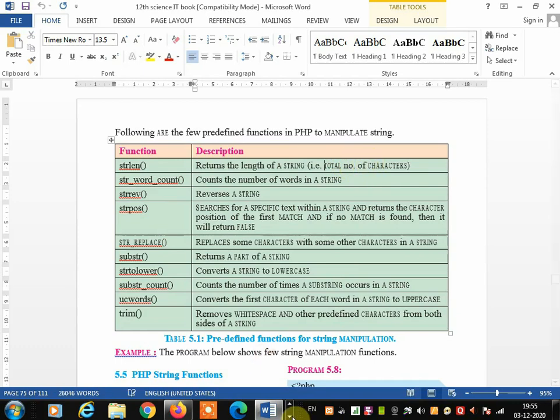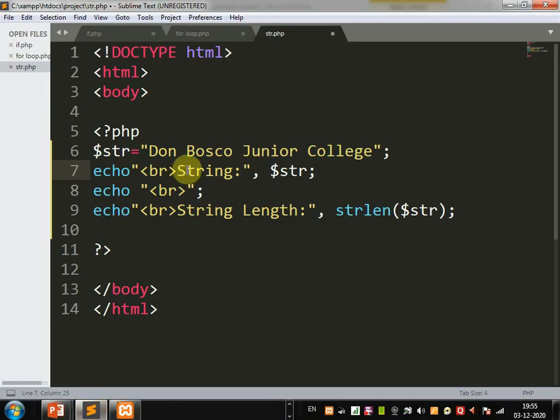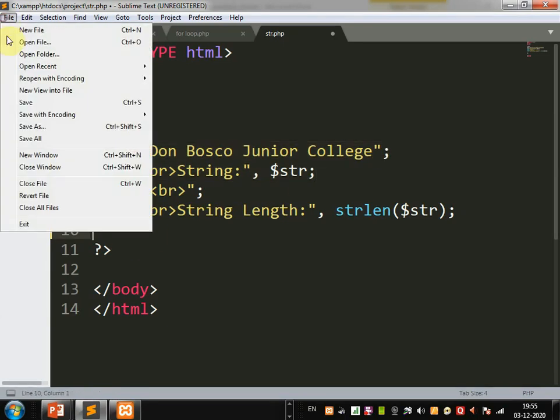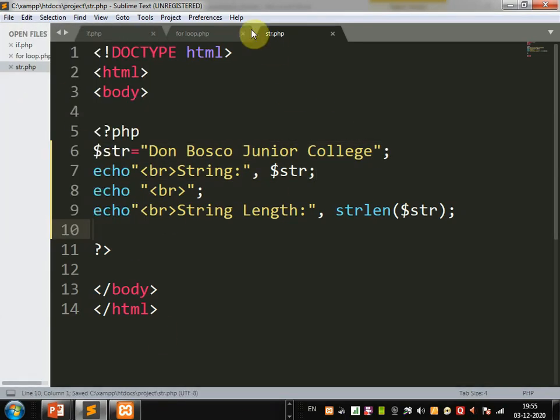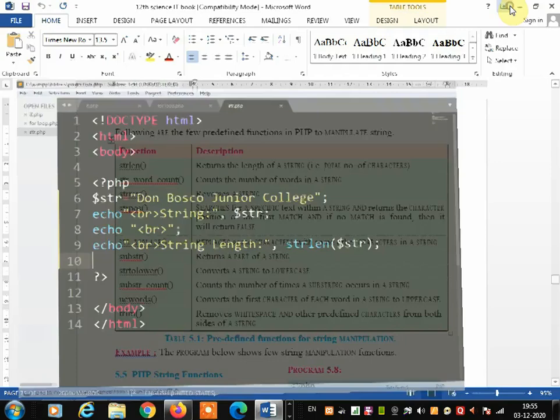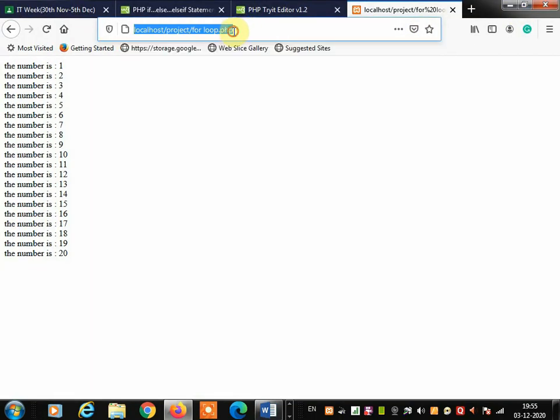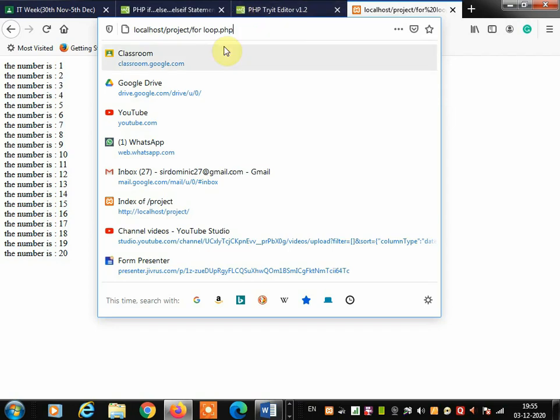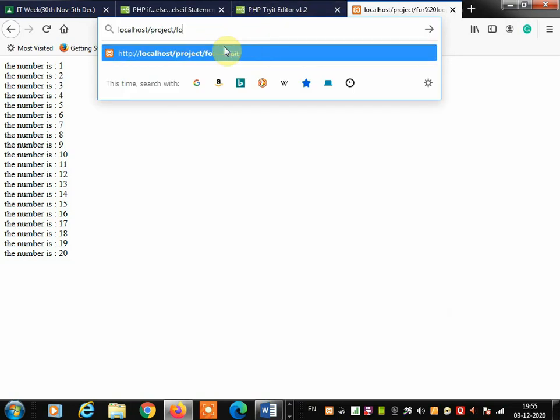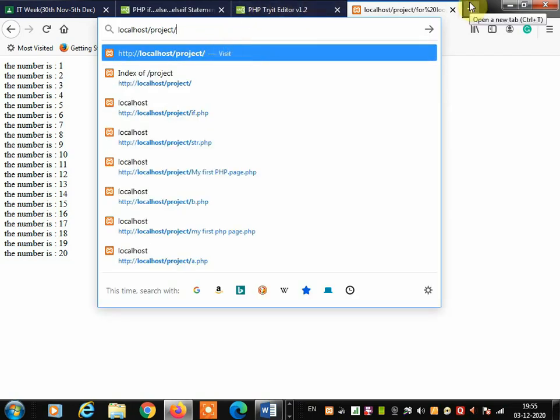Let's see what total number of characters we get from this string, Don Bosco Junior College. So here I am using the strlen function with this string. I'm saving this program with the name str.php and opening it in the browser by typing localhost/projects/ and pressing the enter key.